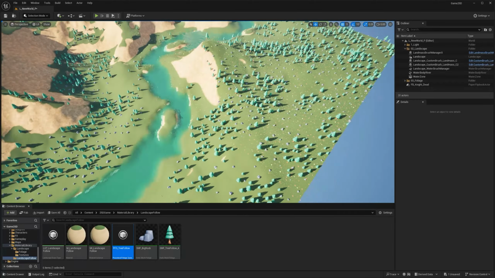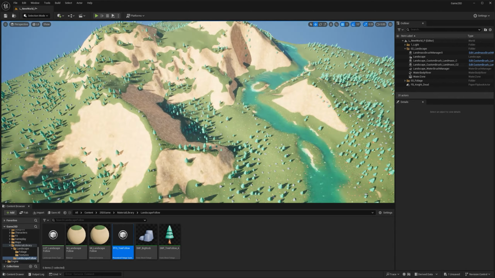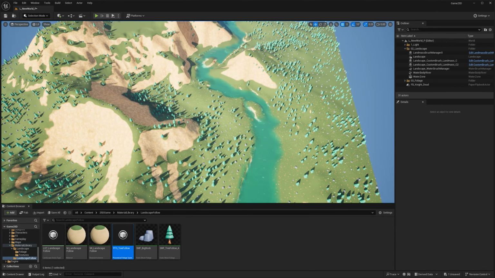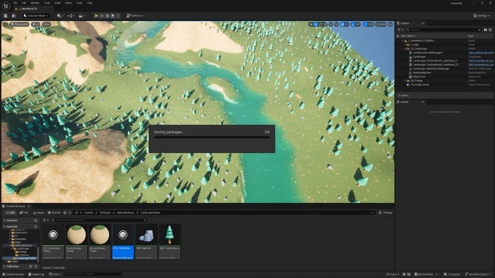You can also add oceans. It's going to make this entire thing into an island. And it requires a little bit more planning. If the goal is to make this into an island, I think you should just start with the ocean, then you build the landscape on top. What we have here, I think it looks pretty decent. So I'm going to save it.